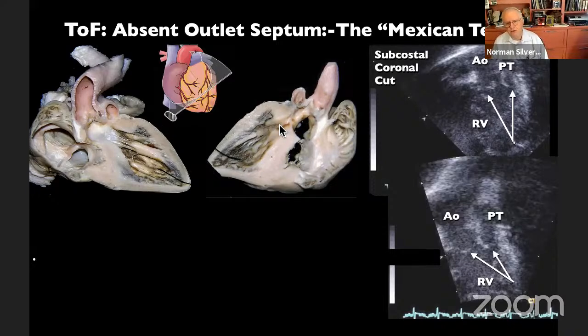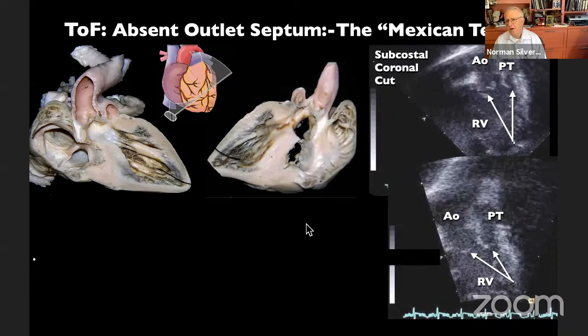And of course, this begs the question of whether this is really tetralogy, because it doesn't have all of the 4 features. But everything else is pretty typical. And this is important because it occurs in people of Asian background, such as the Native American population, which walked across the Bering Straits in the Ice Age, carrying with them their genes, not their Jordache and Levi genes, but their DNA genes for this condition. And so this is a more common condition in parts of Asia than it is in the rest of the world. And it caused Dr.